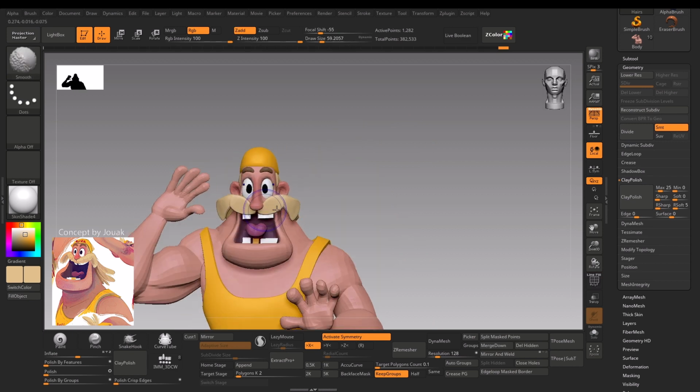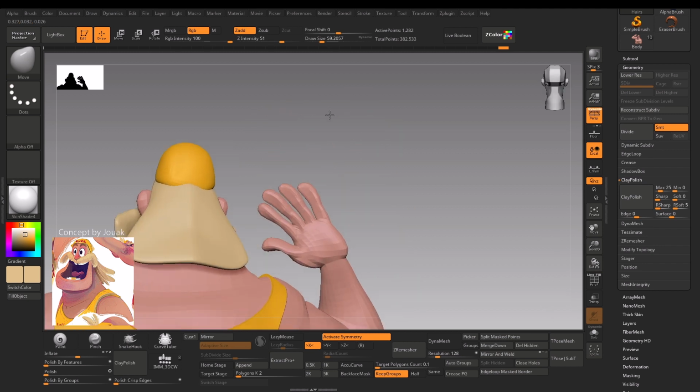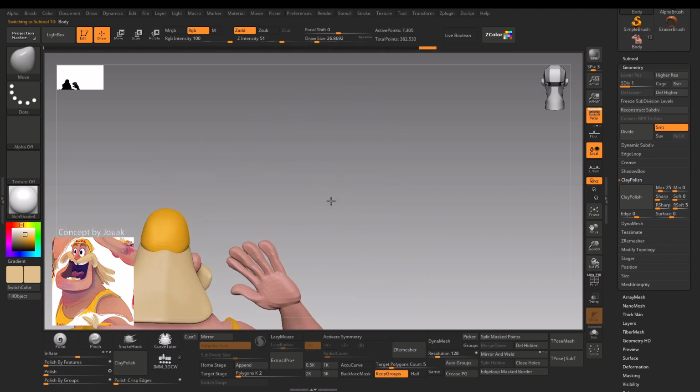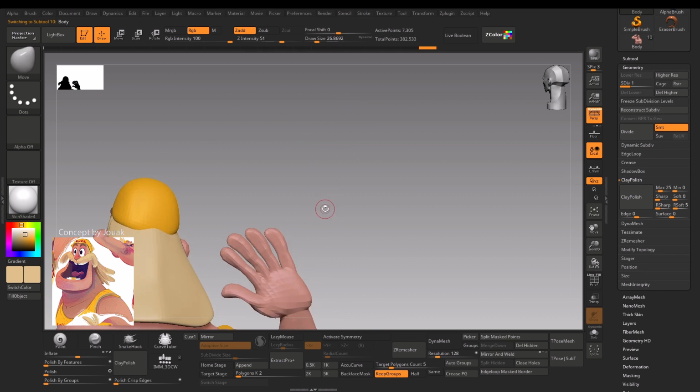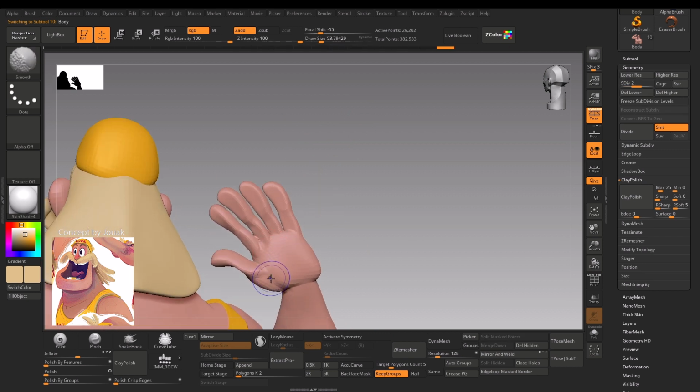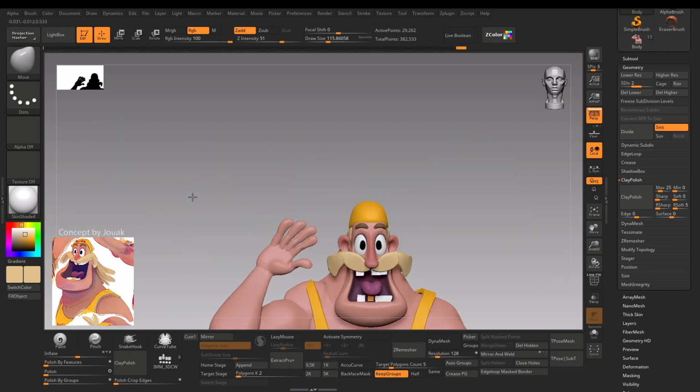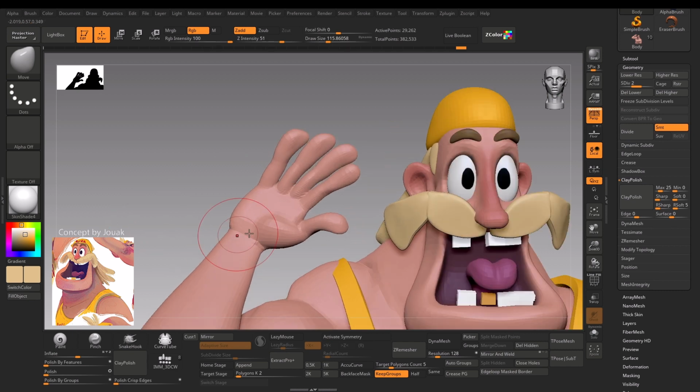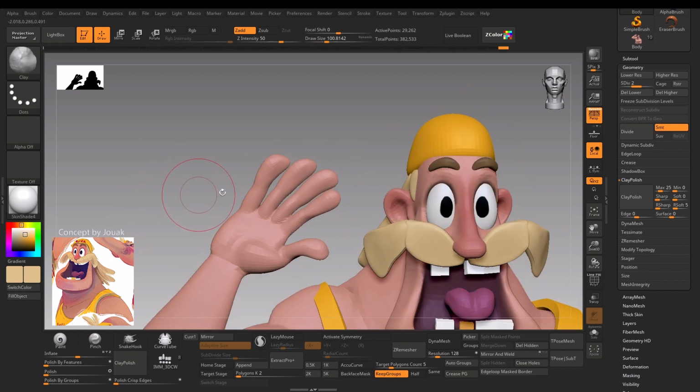Alright, now then, for the hand itself, I have noticed that the back side of the hand is not looking really appealing. So I will just fill it with the clay brush, alright, and just try to make the hands, try to give the mask to the hands a little bit, alright,